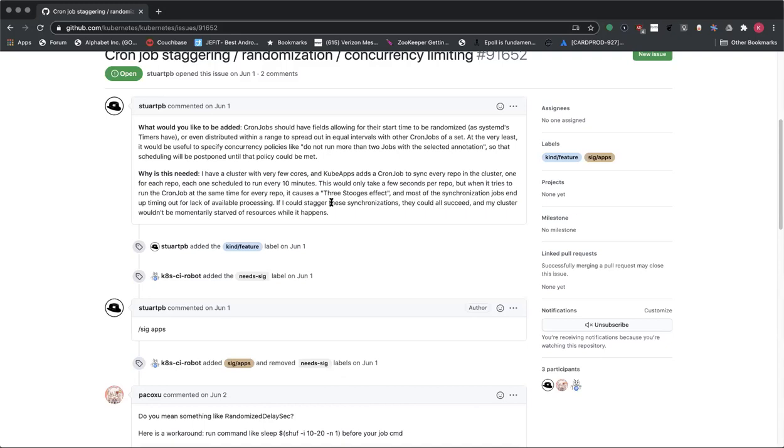So trivially, you could set the cron schedule slightly differently, but because it's a deadline scheduler, you could still get large amounts of overlap. Thinking about this as a concurrency problem, the way I would solve it is to use some type of locking mechanism or a semaphore-like mechanism to ensure that only a fixed number of jobs can run simultaneously in the cluster, basically set up a throttle. And you could do that using the API machinery to set up a lock. That's the leader election pattern for the API server. People do this.